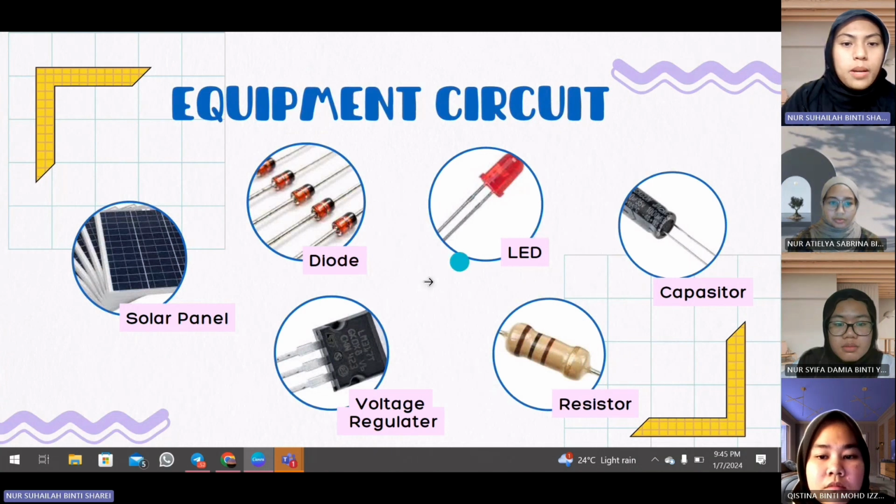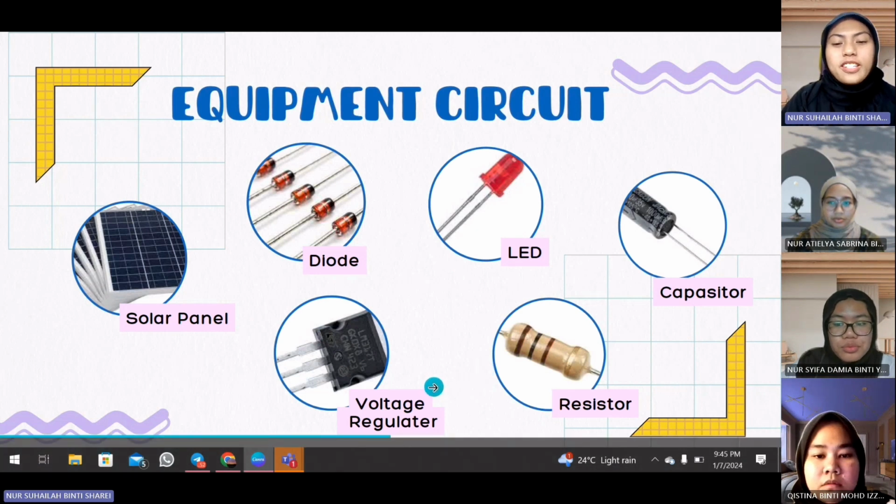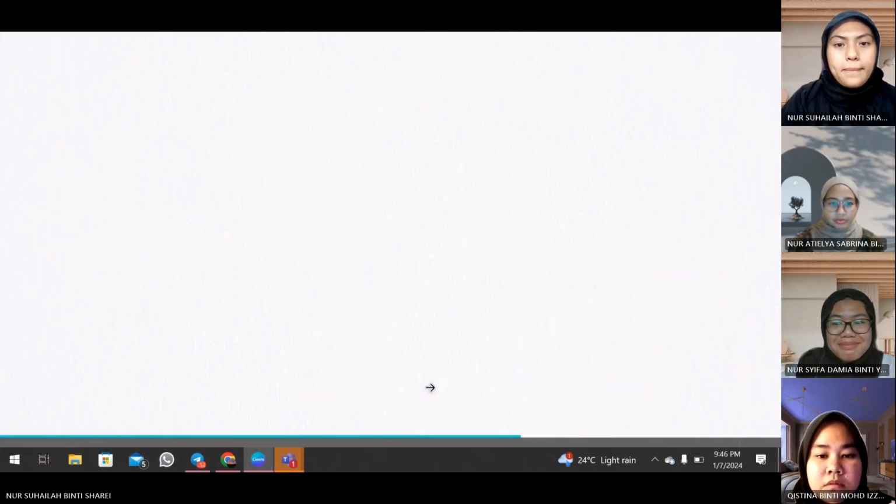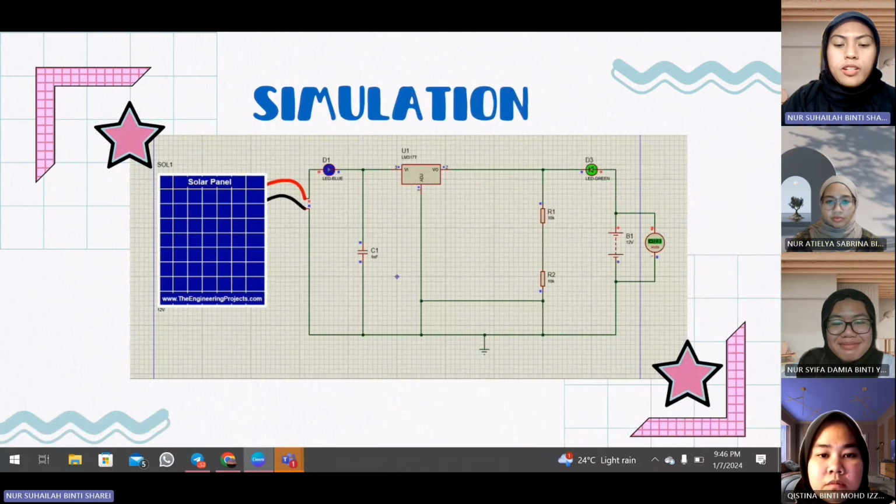Equipment that we use is solar panel, diode, LED, capacitor, resistor and also voltage regulator. So for simulation,